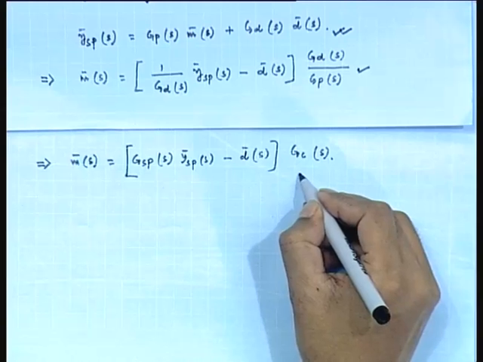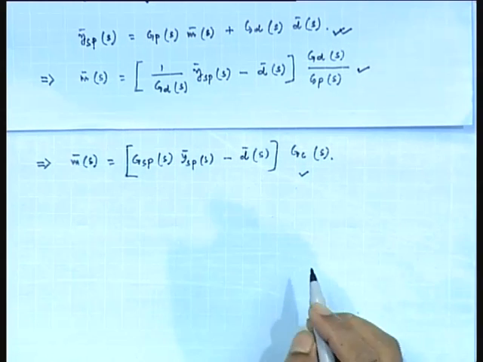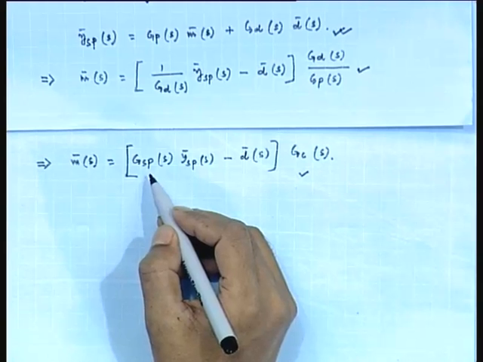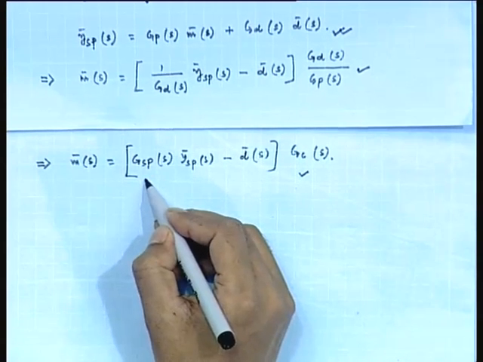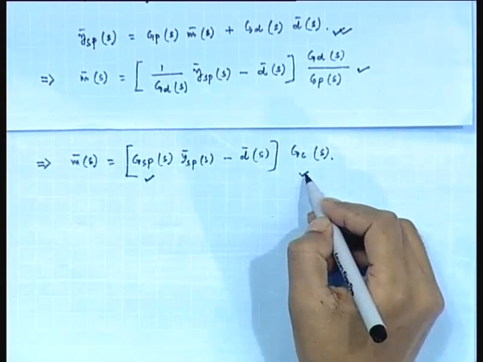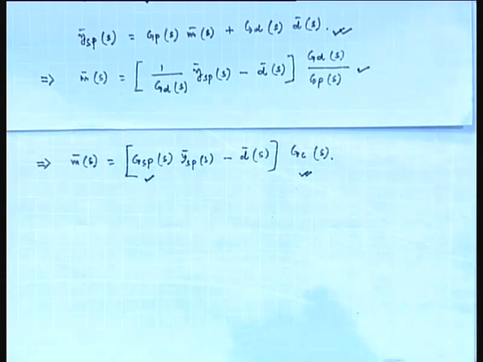GC is the transfer function of the controller and GSP is the transfer function of the set point element. Now, if we compare the last two equations,